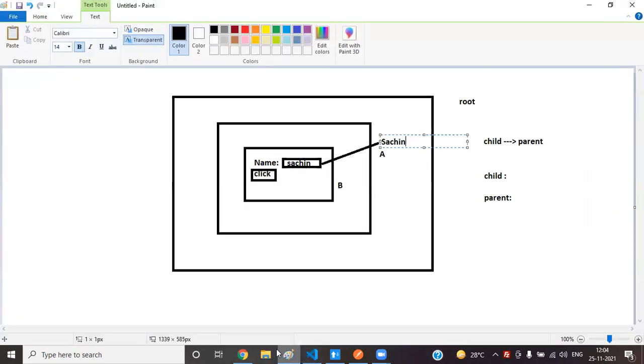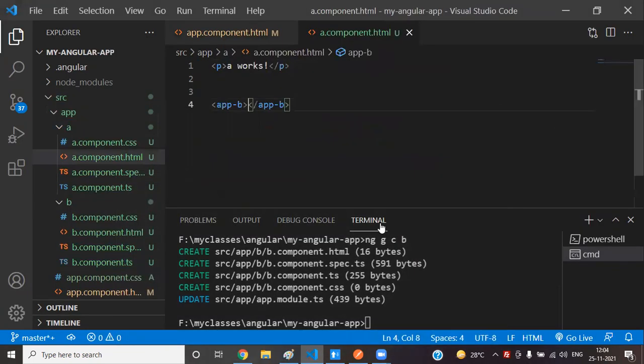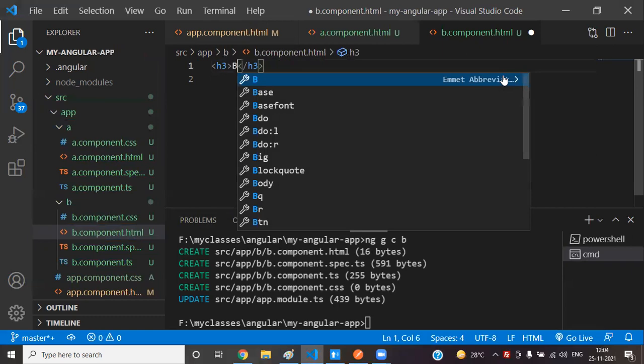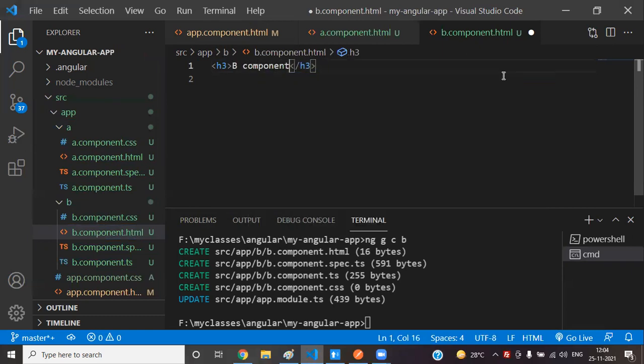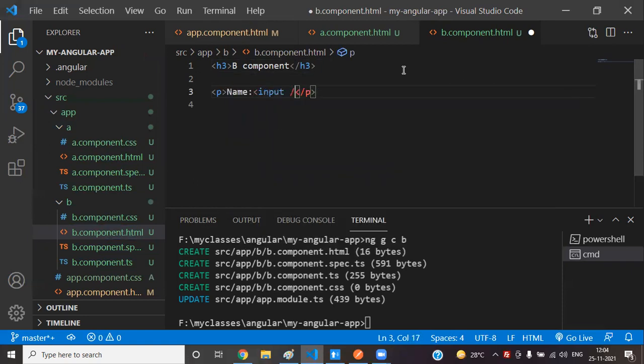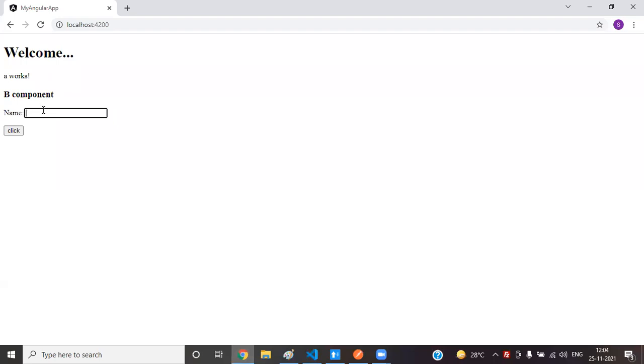But our requirement, if you observe, is that the B component contains one text box and one button. So go to your B component. This is the B component. I want one text box, name, and you can take one button, click. Done. Now if I enter some data here and click on the button, that data